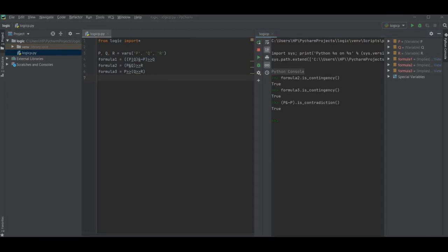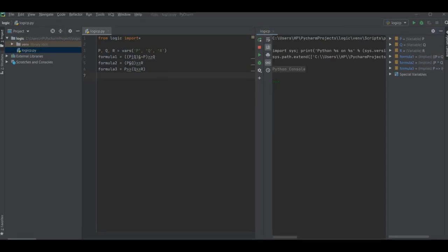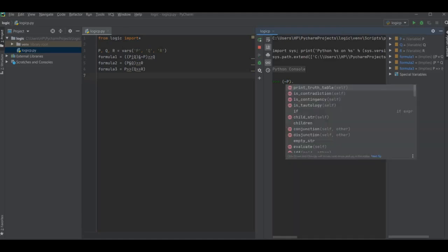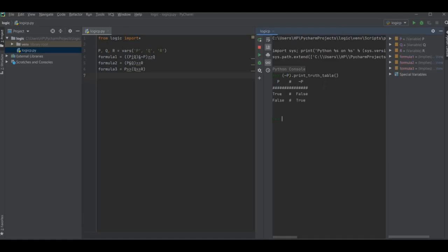To check whether these two formulas are equivalent to each other, we use the equals operator. Formula 2 equals formula 3. That is true. As these are propositional variables, let's draw some more truth tables for expressions, say for not of P. Here it is about contradiction.